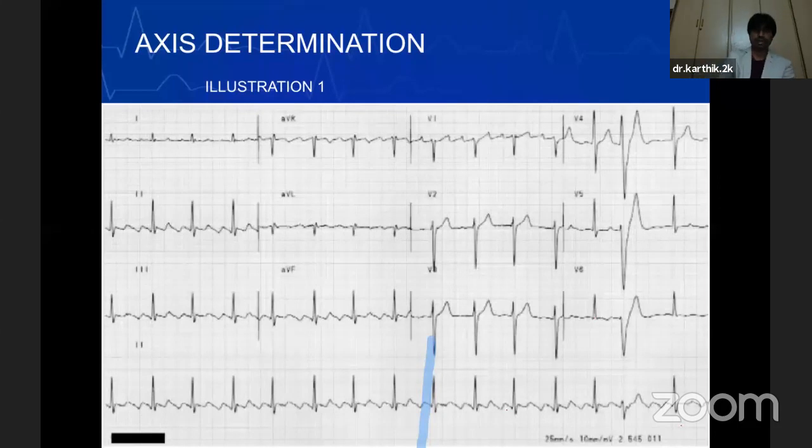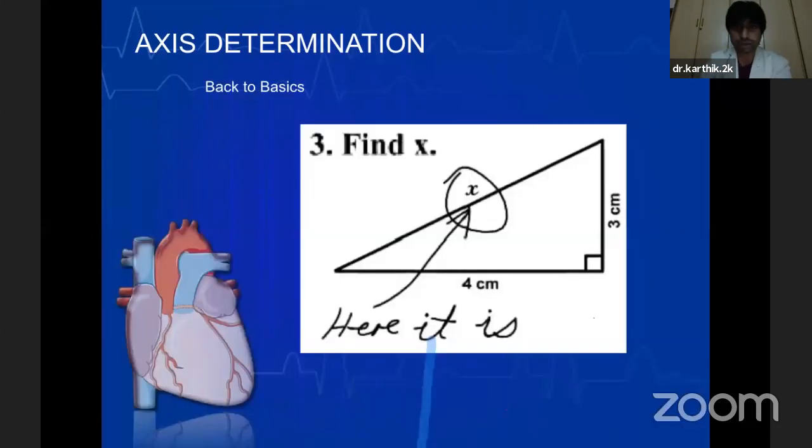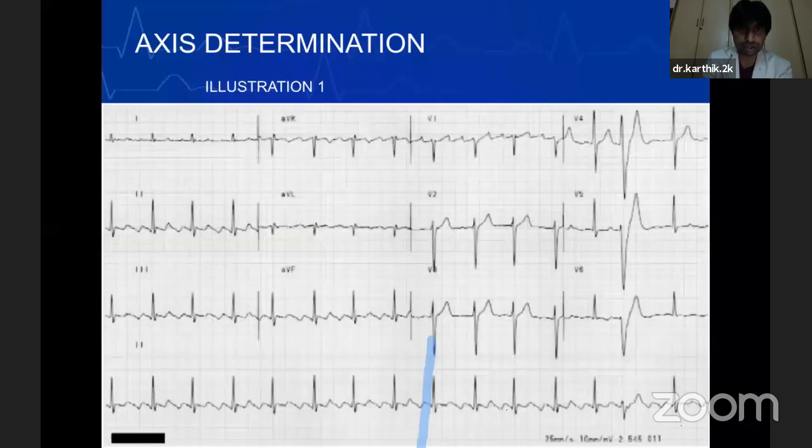Suddenly it's jumping. So we are using the Pythagorean principle to calculate the axis, where we find out the two perpendicular leads, calculate their net vector, and then draw the line to exactly determine the axis. Basically, this is nothing but the vector method, which is simplified by using a super axis man. And to determine the QRS complex, the amplitude of R wave and S wave, we are using those simple steps.